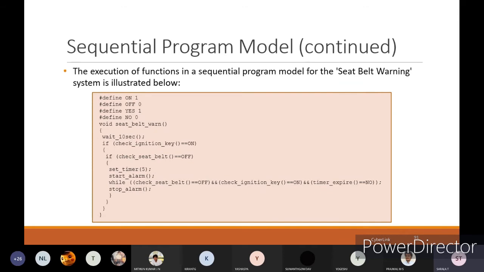To stop the alarm, either the seat belt is inserted, or the ignition key is off, or the timer has expired. This is the seat belt warning illustrative program you can see here.